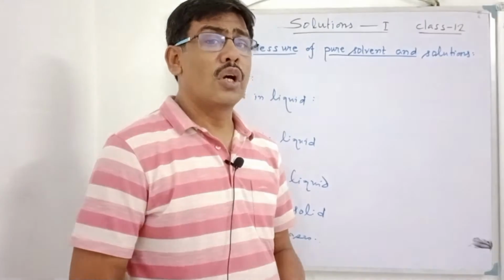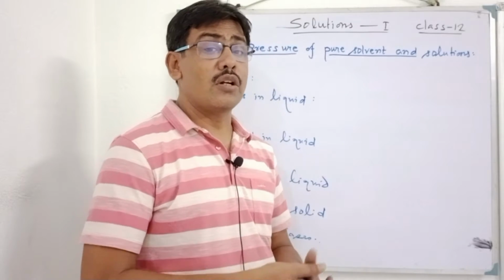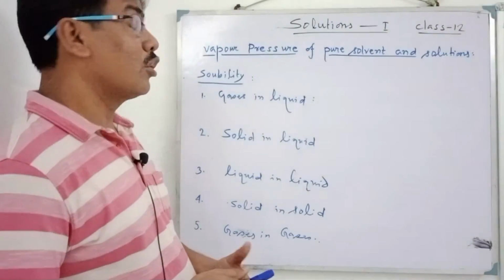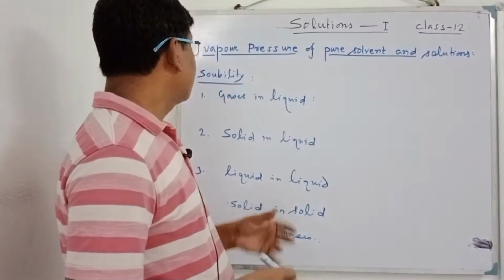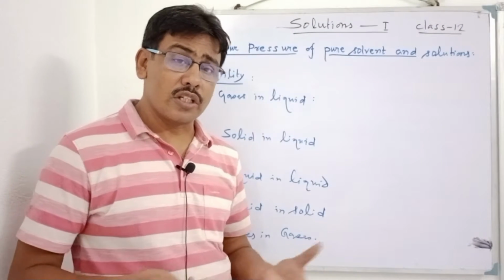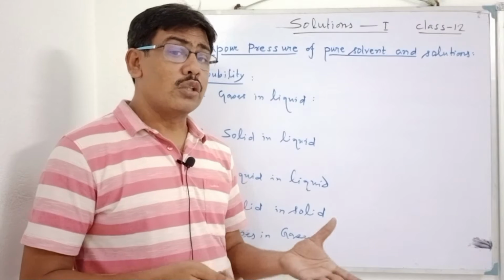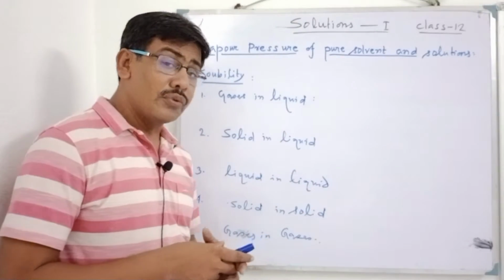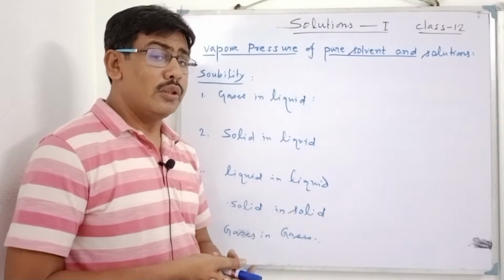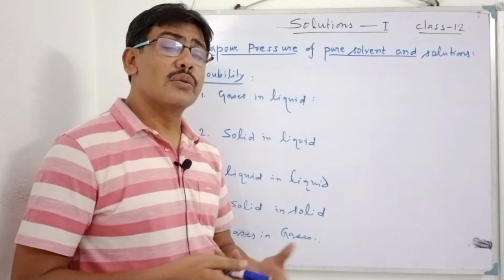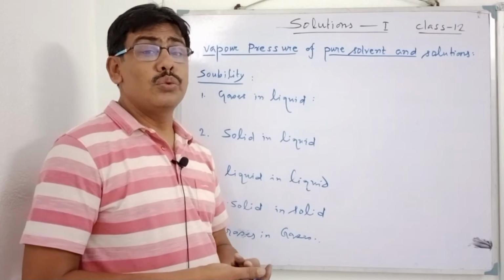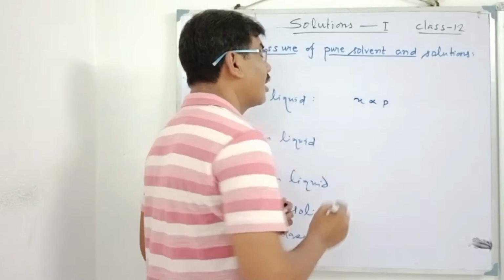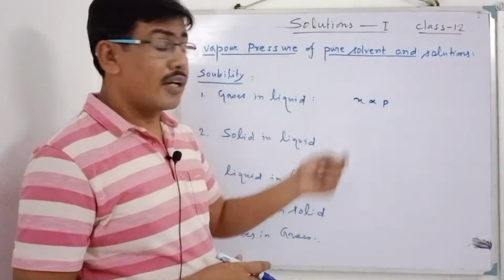Solubility is the amount of solid particles that gets dissolved in a pure solvent at a certain temperature. The solubility of gases depends on the pressure exerted on them. If you increase the pressure, then the solubility of the gases increases. This occurs through the law of Henry. According to Henry's law, the amount of gas dissolved in a liquid is directly proportional to the pressure exerted on it. That is, X varies as P, where P is the pressure exerted and X is the amount